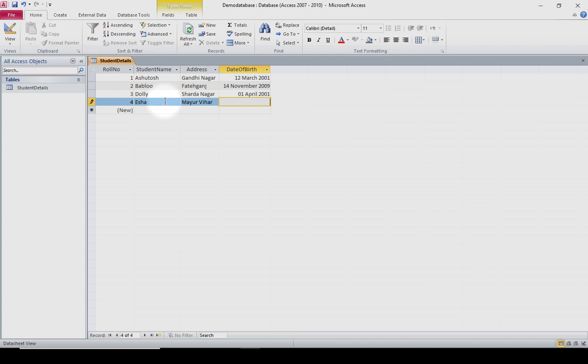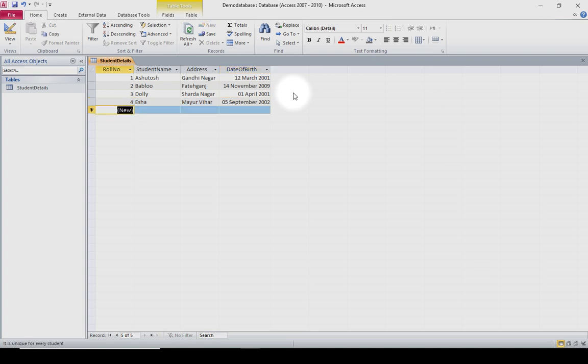There is one more thing which we should notice. We can see that the date appears in the long date format, even though while entering the data, we are entering the date of birth in the format of 2 digits for date, 2 digits for the month, and 4 digits for the year.